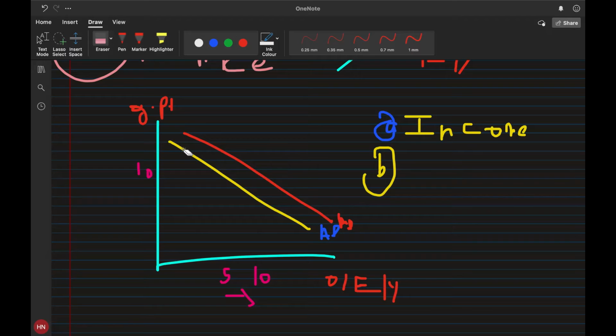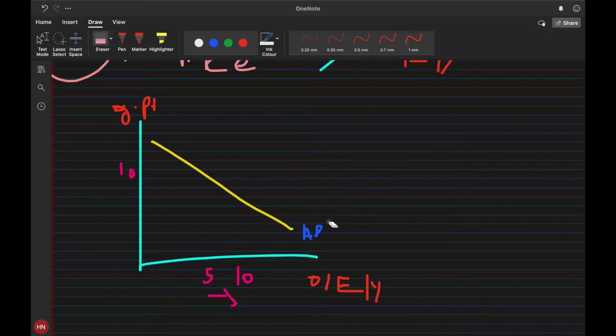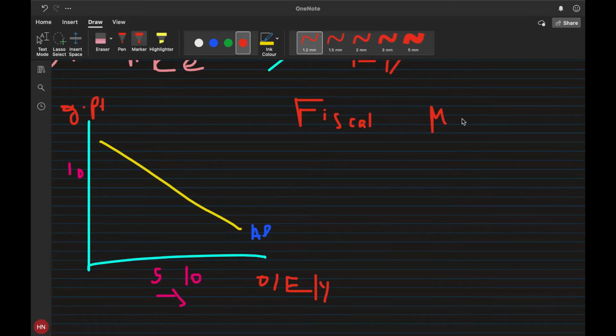So I would say let's just classify all of these upcoming factors under fiscal and monetary policy. So if you have watched that video, I think this will make much more sense. If you haven't, then I would suggest you watch that one first. So fiscal and monetary policy. These policies are used to affect demand. They're demand management policies. Fiscal policy has taxation, so taxes and government expenditure as the two different tools that it